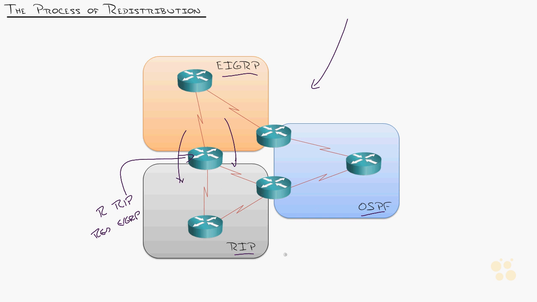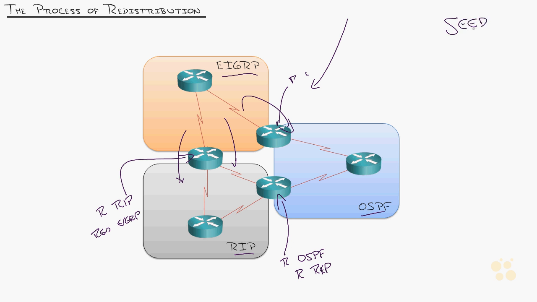If I want to send into OSPF, I would go into this router or this router, and I would type in router OSPF, the one I want to go into. And I would type in redistribute RIP on this router. Or up here, I would type in redistribute EIGRP to send the EIGRP routes into that network. So that's the process. Now, there is something to be aware of, and that is the seed metric, the one that I was just telling you about on the other slide.